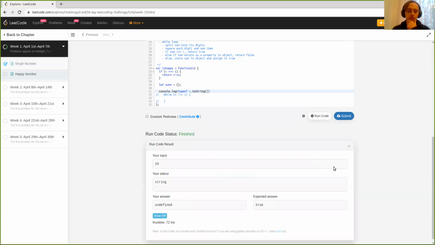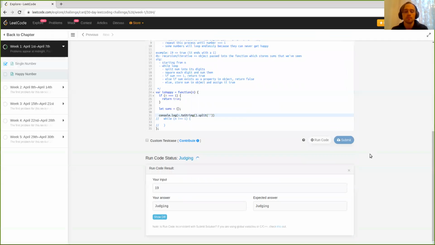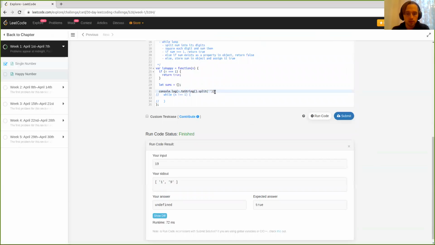See if it comes out as a string. Okay, so that's giving us the right thing there. Let's try n toString split like that. Good. And then map